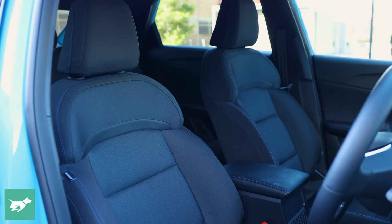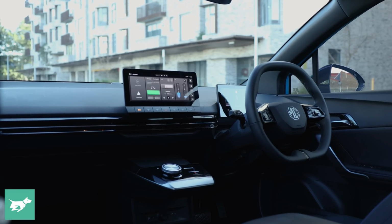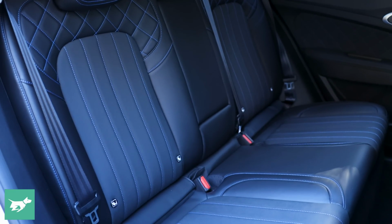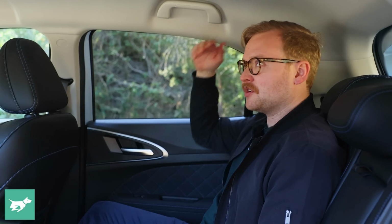I do think the MG4's seats are more comfortable, even if its interior materials are not as opulent as this vehicle. But let's check out the second row. As you can see, despite its diminutive size outside, the second row is actually pretty generous on the Ora. I've adjusted the driving seat into my position. I'm 6 foot tall, and legroom is excellent, toe room is good, headroom is excellent too,